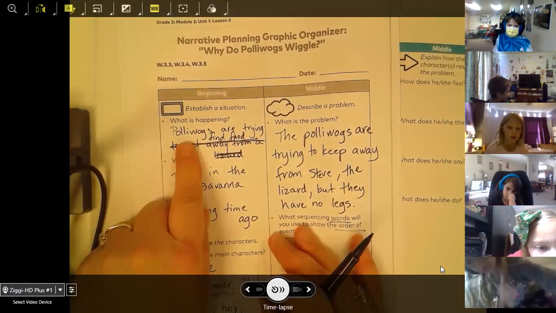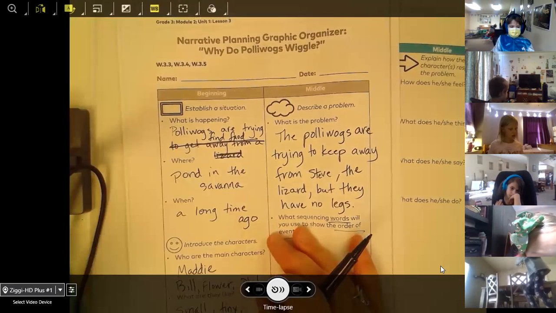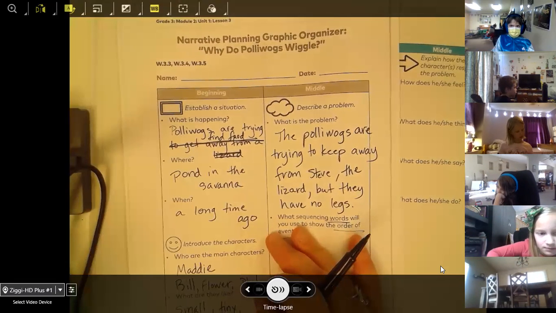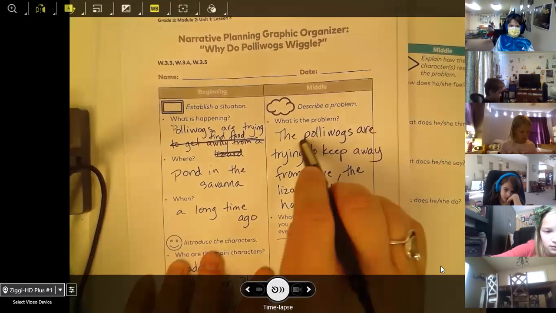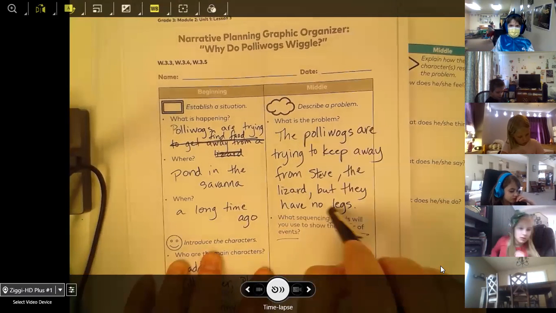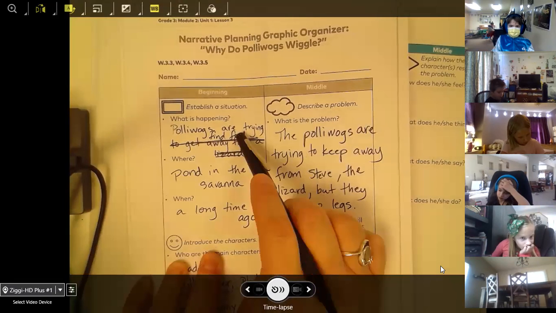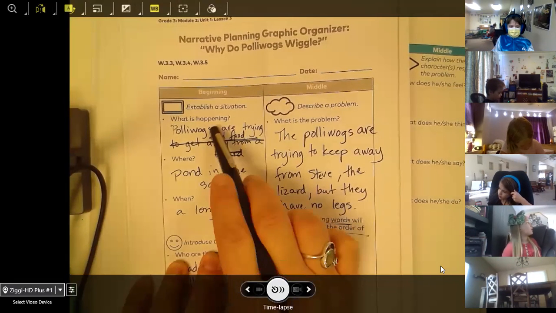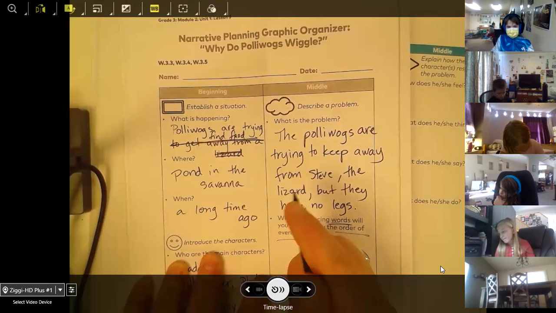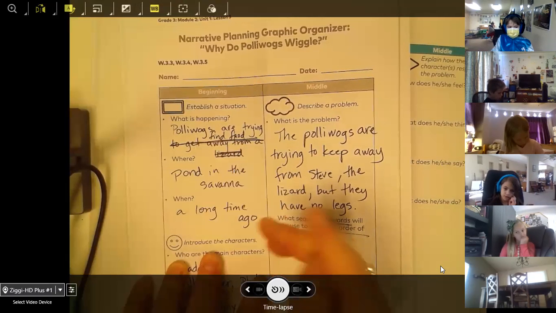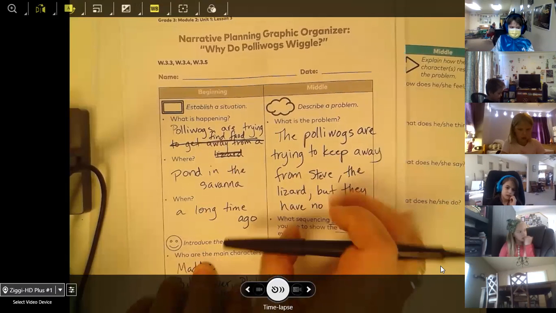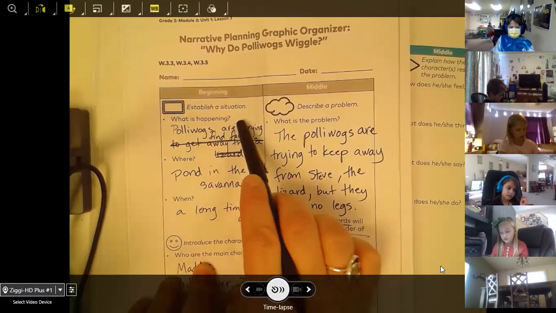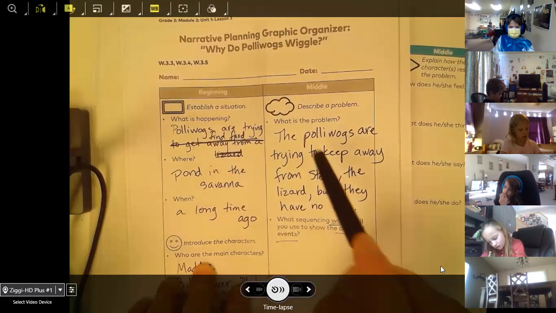So think about what your frog or frogs are going to be doing at the beginning of your story, before the problem happens. Are they trying to find food? What are they doing in that place? If you picked something else, a river or someplace, then think about what your characters would be doing at the very beginning of your story, not what the problem is.